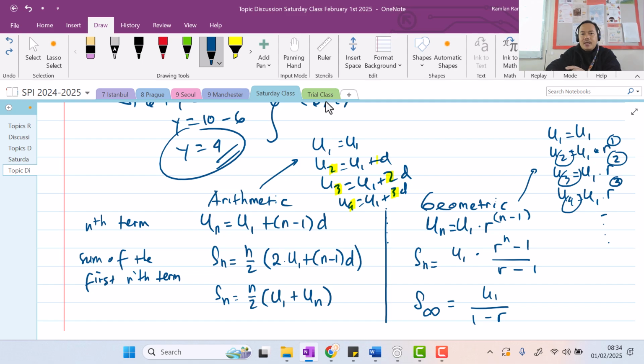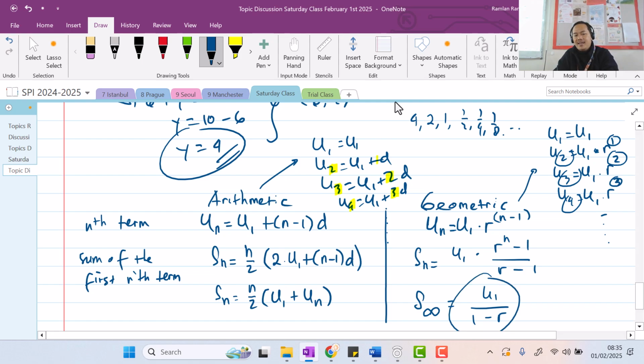Ya. Karena for example, ya, misalnya gini. If I have 4, 2, 1, lihat ya. If I have 4, 2, 1 in geometric series, what's the next term? Term berikutnya berapa? Setengah, right? So you see that every time you go to the next term, you're dividing by 2, ya nggak sih? Bagi 2, 2. Bagi 2, 1. Bagi 2, setengah. Bagi 2, seperempat. Bagi 2, seperdelapan. And so on. The numbers are getting smaller and smaller, right? That's why we call it the infinite geometric sequence. Now, if you want to add all of these numbers, misalnya ditambahin semua, kamu boleh pakai rumus yang ini, kalau pakai infinite geometric series kita sebutnya.